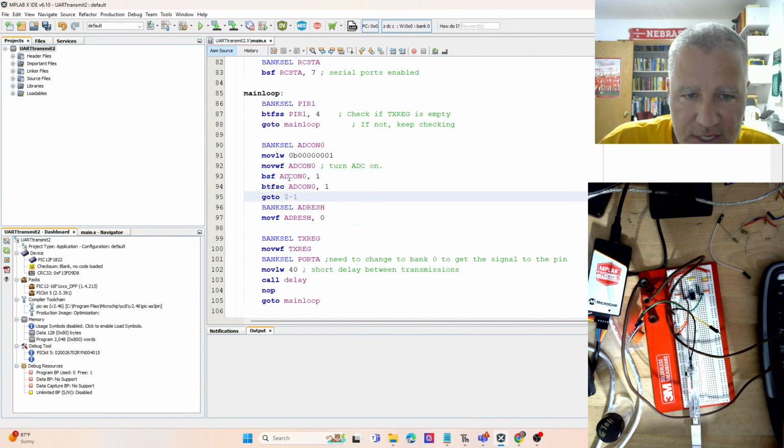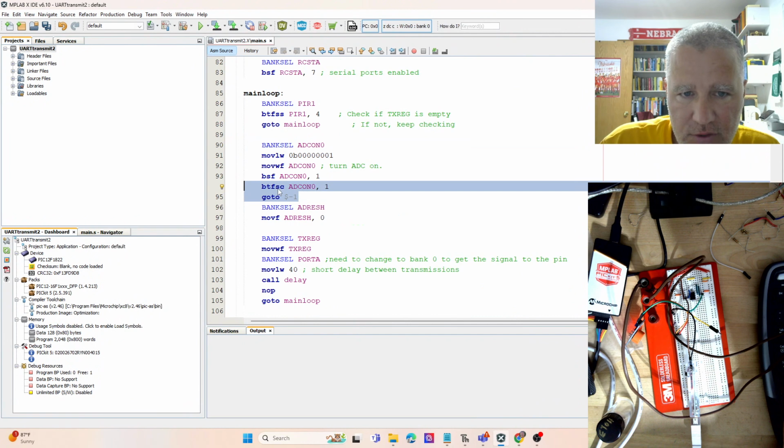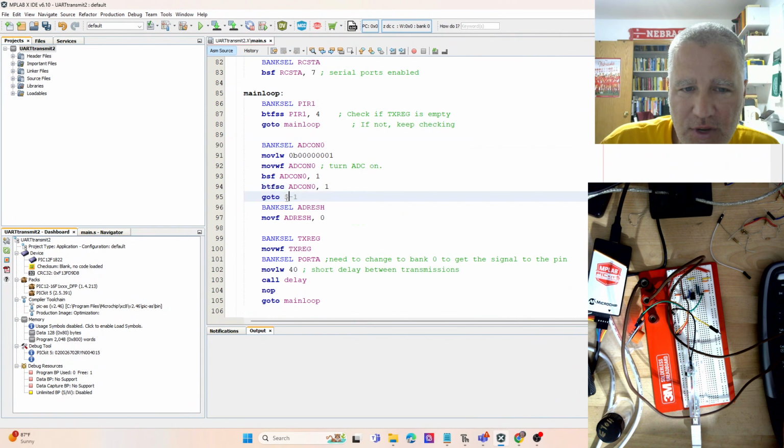And so what this set is doing is we're setting this to go, then this is going to skip this if clear. So once this is set, this should go right to here. But if it's not set, then this will... I haven't used this notation. $ is the current line, $-1 is the line before. So this will just go to the line before and sit here until